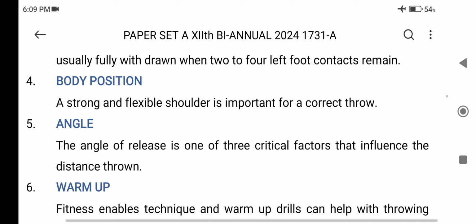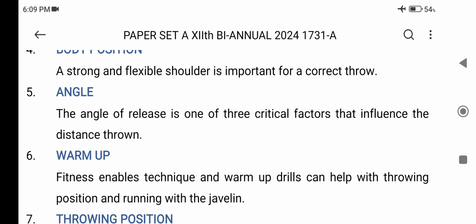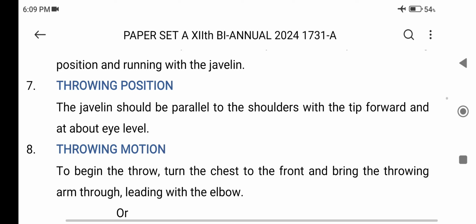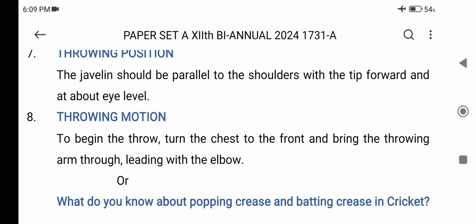Number 5, angle. The angle of release is one of the 3 critical factors that influence the distance thrown. Number 6, warm up. Fitness enables technique, and warm up drills can help with throwing position and running with the javelin. Number 7, throwing position. The javelin should be parallel to the shoulders with the tip forward and about eye level. Number 8, throwing position. To begin the throw, turn the chest to the front and bring the throwing arm through, leading